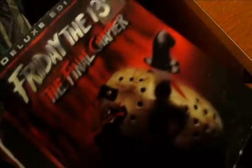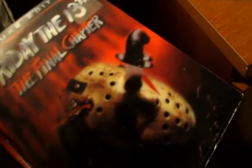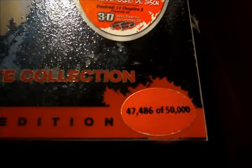But then, I had the first 4. I was trying to find the last 4, because there's 12 movies in this series, if you count the remake and Freddy vs. Jason. 8 of them are owned by Paramount, and the rest of them are New Line Cinema. So I was trying to find the last 4 that were owned by Paramount, but then I found this box set, the Friday the 13th Ultimate Collection, and there were only 50,000 made, and this is 47,486 out of 50,000. I got this at Walmart for only, I think, like $40, and it comes with the first 8, so I got the same 4 movies again, but it's well worth it because